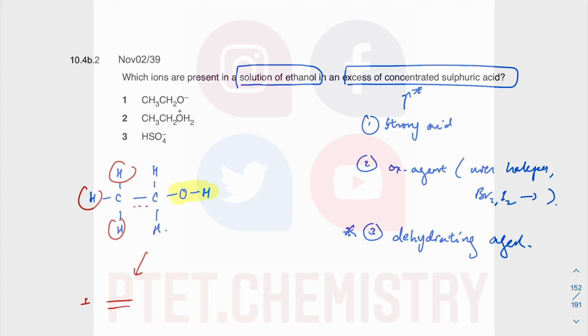Yeah, and then plus H2O. But what are they asking? So when you have concentrated sulfuric acid, you have H2SO4 in water. Okay, now you have ethanol. When you mix this and this together,